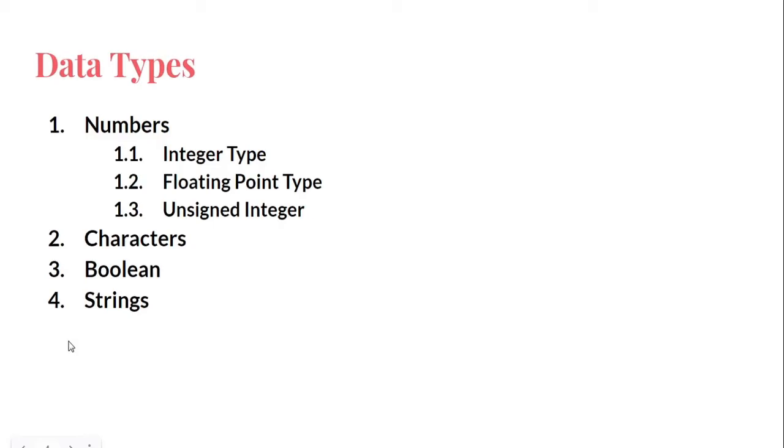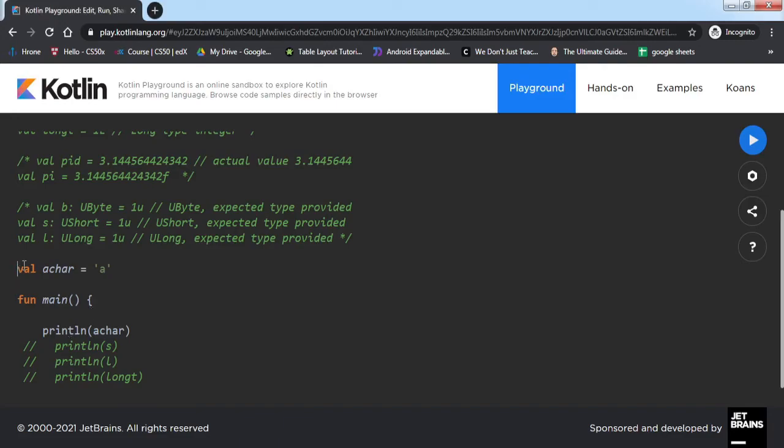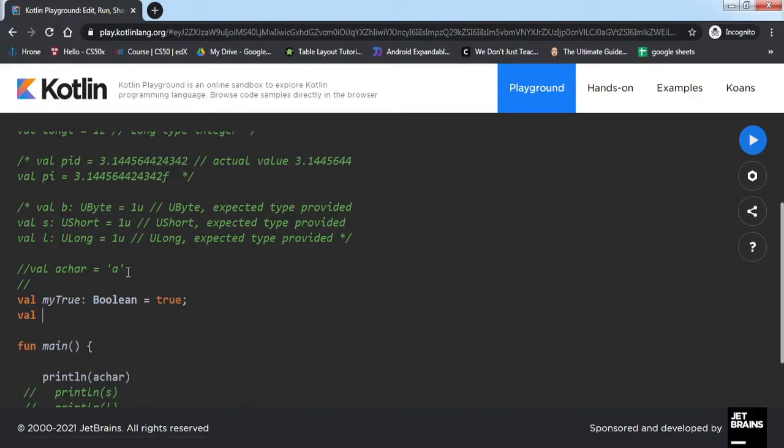The next one is Boolean type. As you guys know, Boolean is either true or false. So we'll see how to do that as well. So we have defined that it is a Boolean type variable.